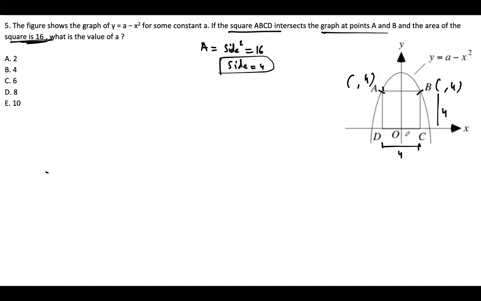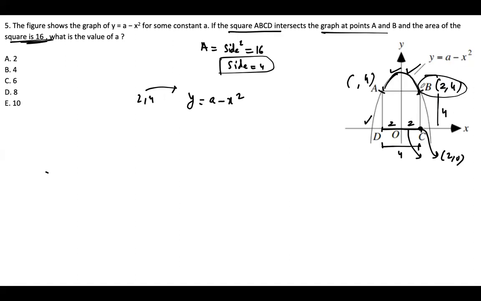Chalo, what about the x coordinate? If this is a symmetrical graph, and if this is 4, can't I say that this is going to be 2 units and 2 units? So what will be the coordinate of this point? 2, 0. So what will be the coordinate of this point? 2, 4. Can I say 2 comma 4 will satisfy the equation of this parabola